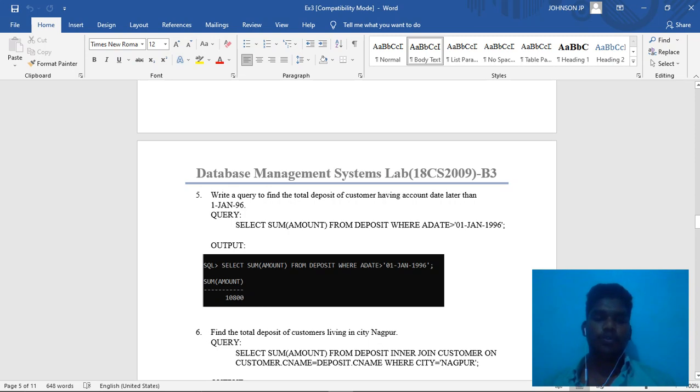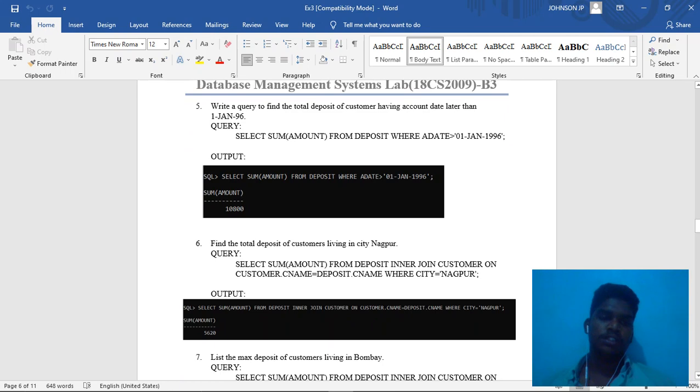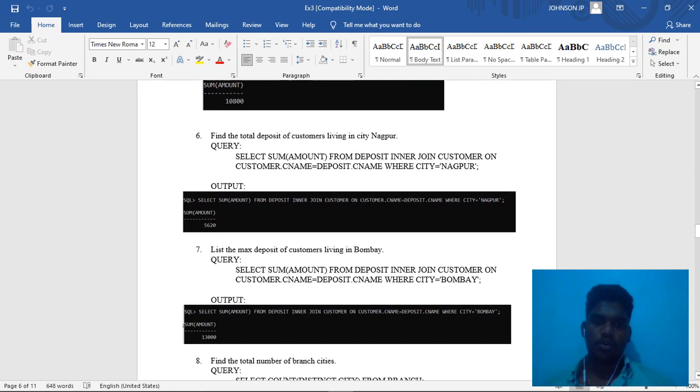So we write a query which finds the account whose account date is greater than Jan 1 96. So select sum of amount from deposit table where date is greater than 1 Jan 1996. So 10,800 is the output.